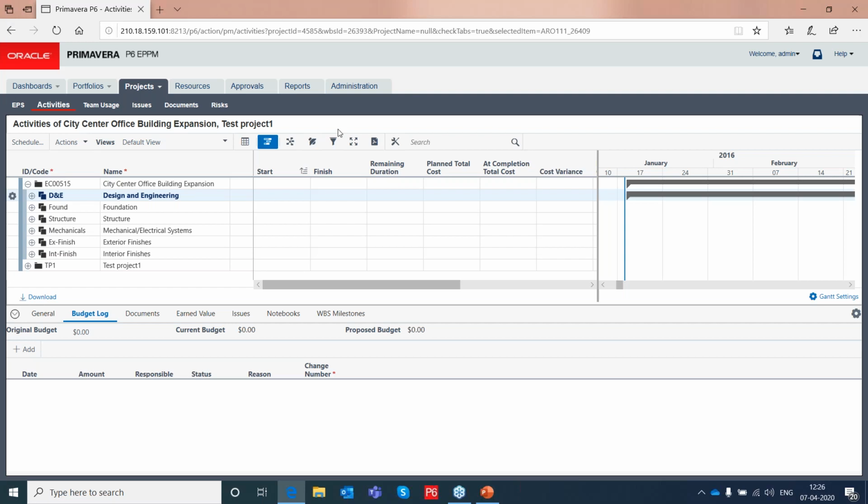Okay. Thank you. Anish, EPPM has some information on the budgeting and the cost part, but the main product is Unifier. Or if you're a cloud-ready company, then Oracle Primavera Cloud, which is a cost-effective solution too, of course, has much better control on the costing, budgeting, and controlling of the project.